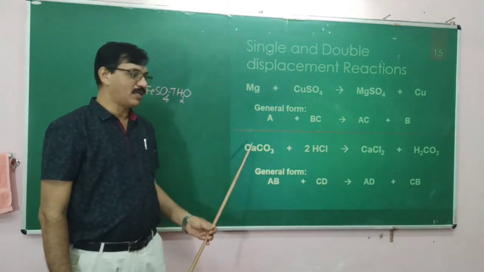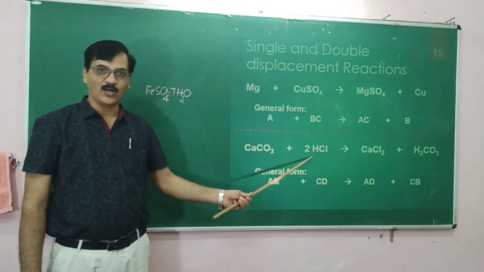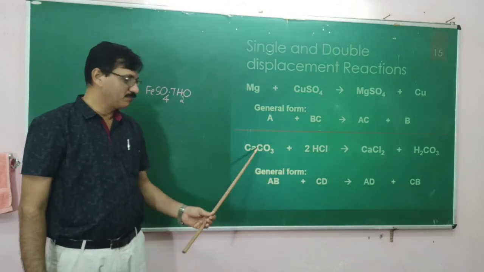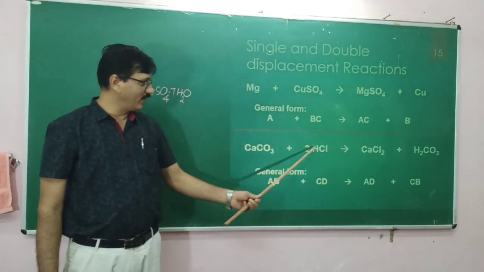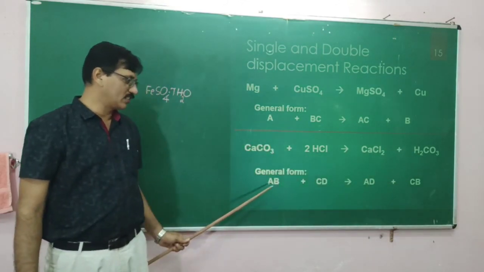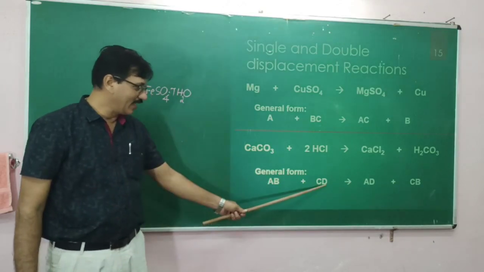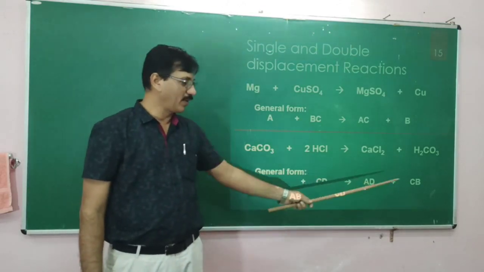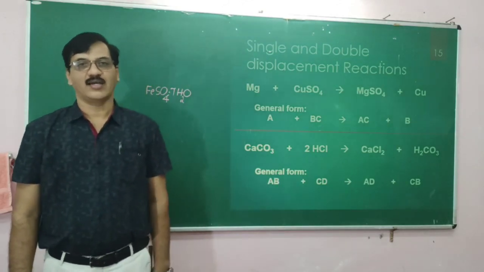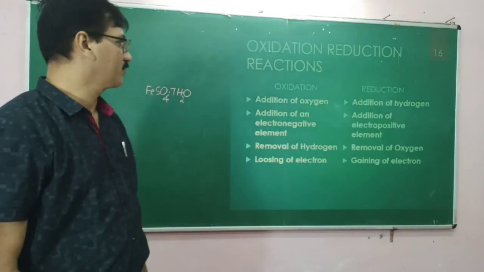And calcium carbonate and HCl both contain cation and anion. Right? There is no metallic species here. So these will undergo the exchange of ions to form two different products. Therefore, the general form is AB plus CD giving AD plus BC. Okay. So this is the general form of writing the double displacement and single displacement reactions.